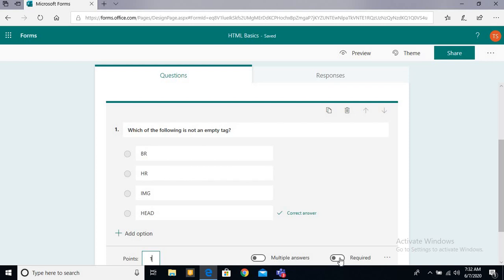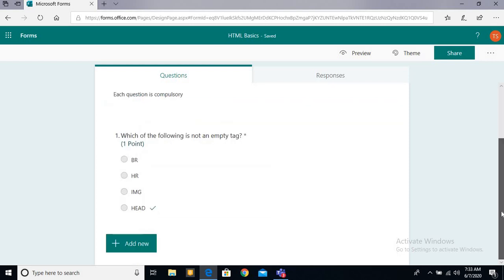Then there is required. So you must enable this option, because required means it is mandatory to attempt. So I can tell you, please enable this. Let the student attempt the questions. Okay, so required.